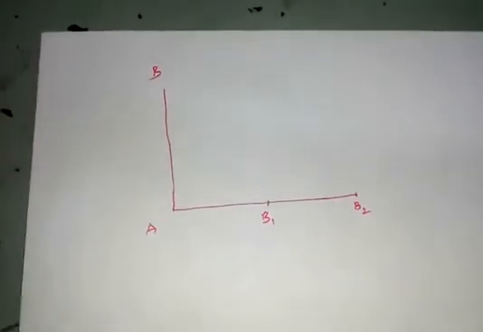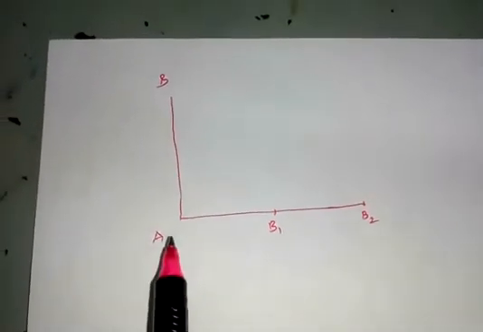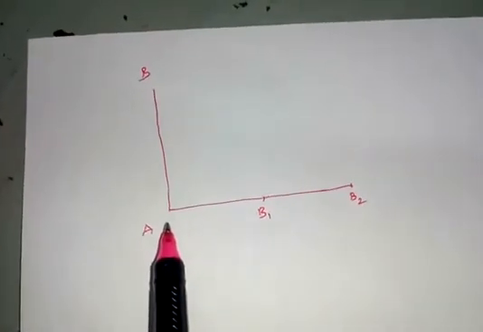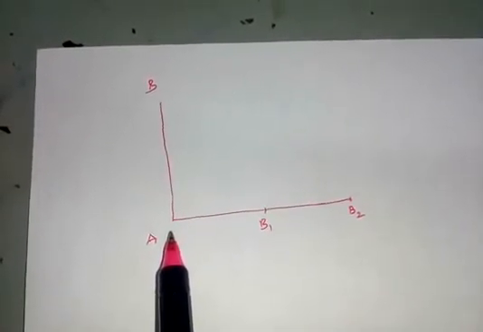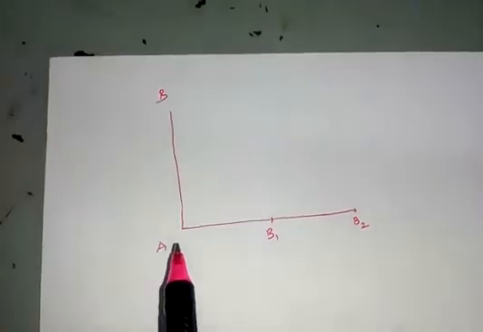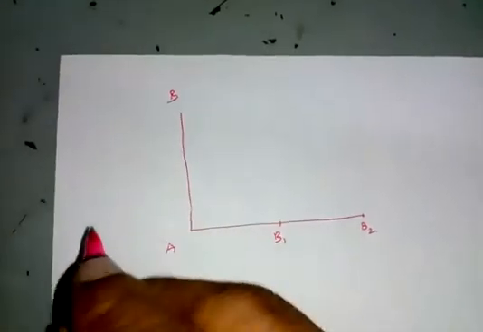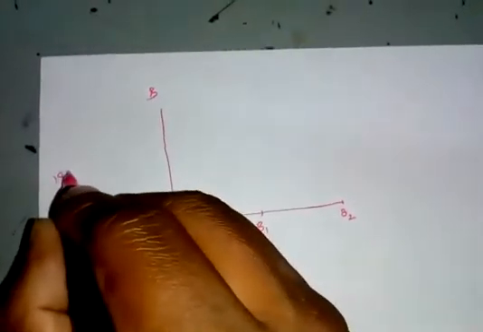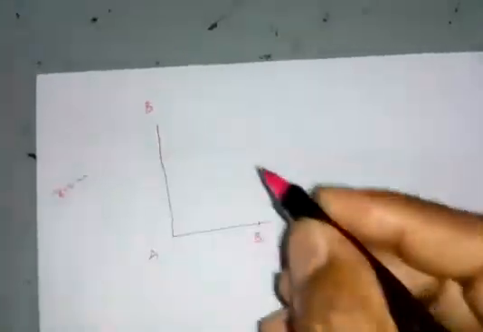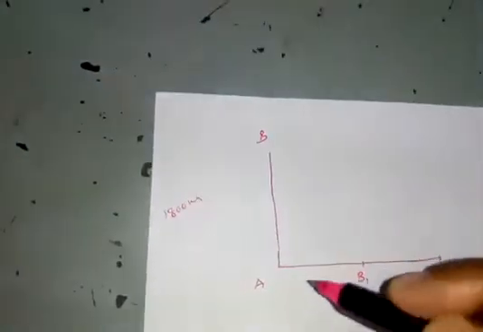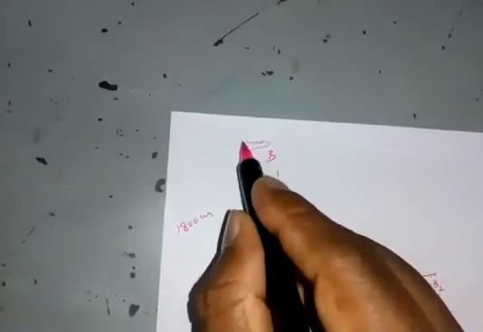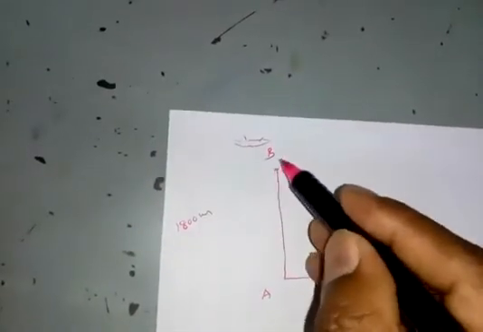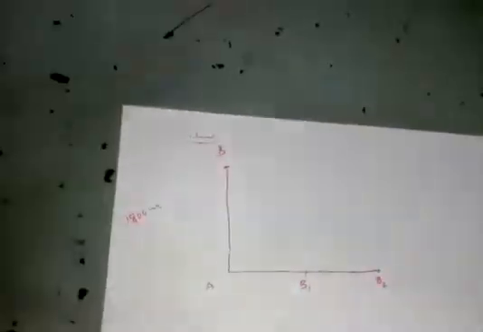Now all of you students look at the diagram. AB is the height of the aeroplane from the ground. Altitude means, in the sum they have given an aeroplane at an altitude of 1800 meter. Don't worry, altitude is nothing but another name for height. Here one aeroplane is flying. B is the position of the aeroplane, 1800 meter from the ground.